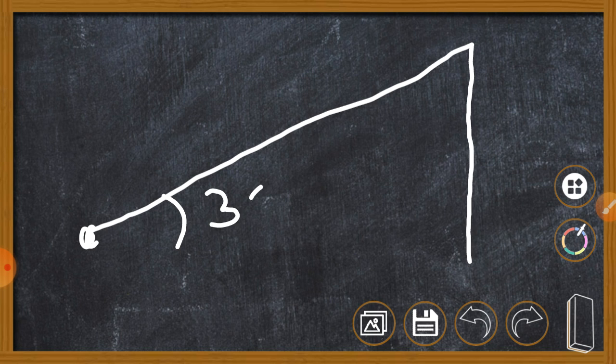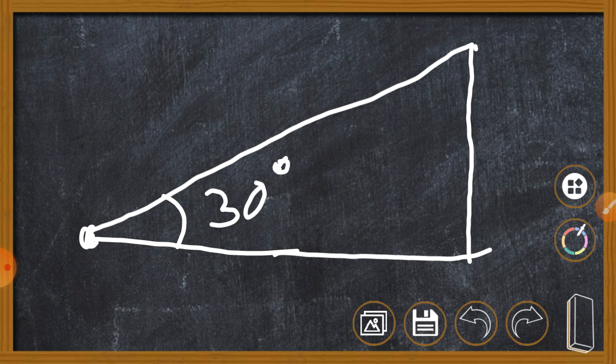Suppose Tanay is standing over here and staring at a pole such that the angle of elevation is 30 degrees, like the angle which your head makes with the top of the pole is 30 degrees. The height of the pole is, suppose, 10 root 3, and they have asked you to find out the base.